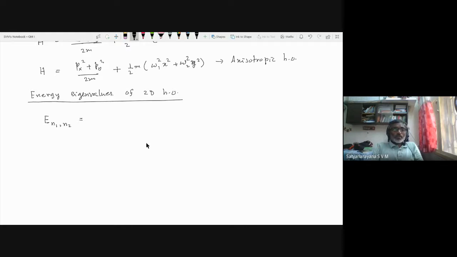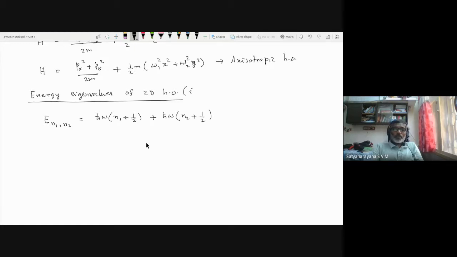That is equal to h cross omega into n1 plus half. This is for the first quantum. h cross omega into n2 plus half. So n1 and n2 are two quantum numbers. So this is for an oscillator in X. This is for an oscillator in Y. Energy is now, because omega is the same,